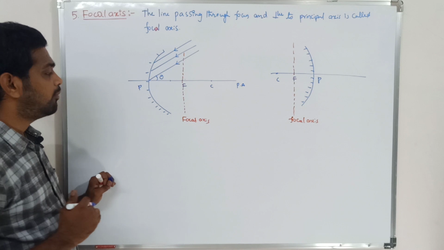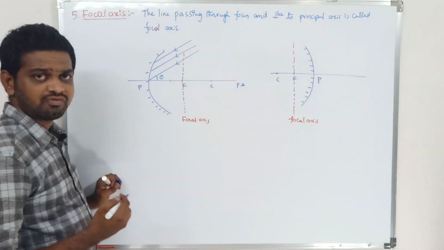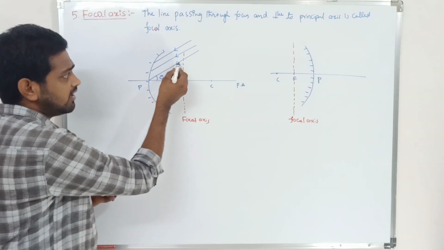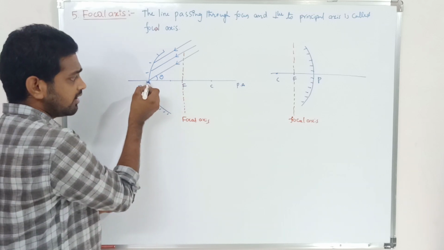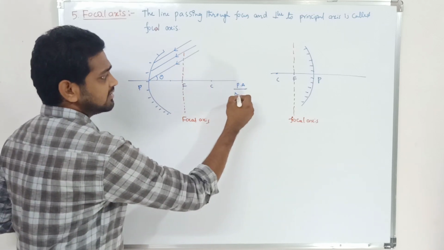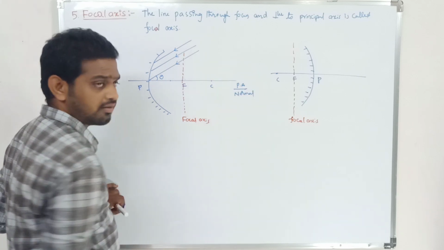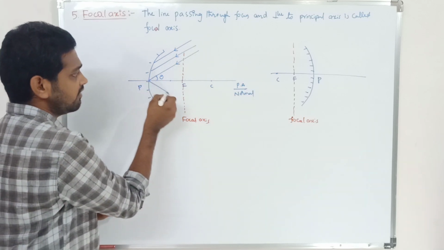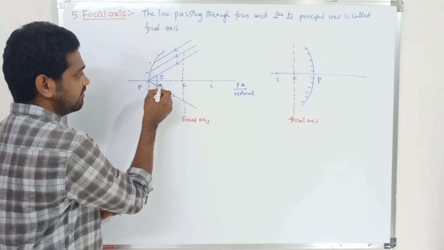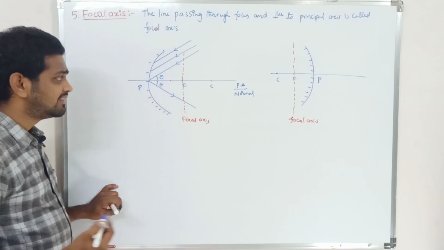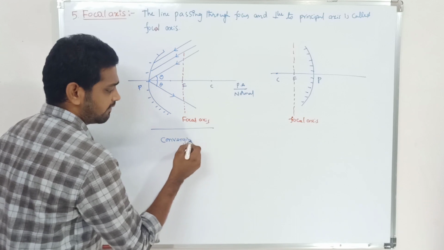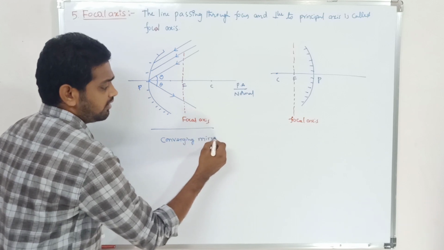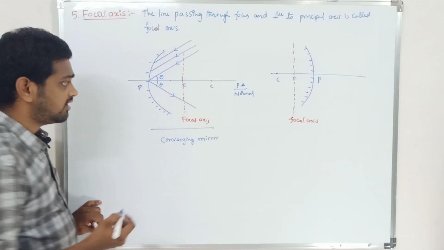So now try to apply the previous concept which I told you. The incident ray is making a certain angle with the pole. So how will you get the reflected ray? The principal axis is one of the normals. Now the reflected ray will be like this, making the same angle theta. Since a concave mirror is a converging mirror, all the rays will be converged at that point.